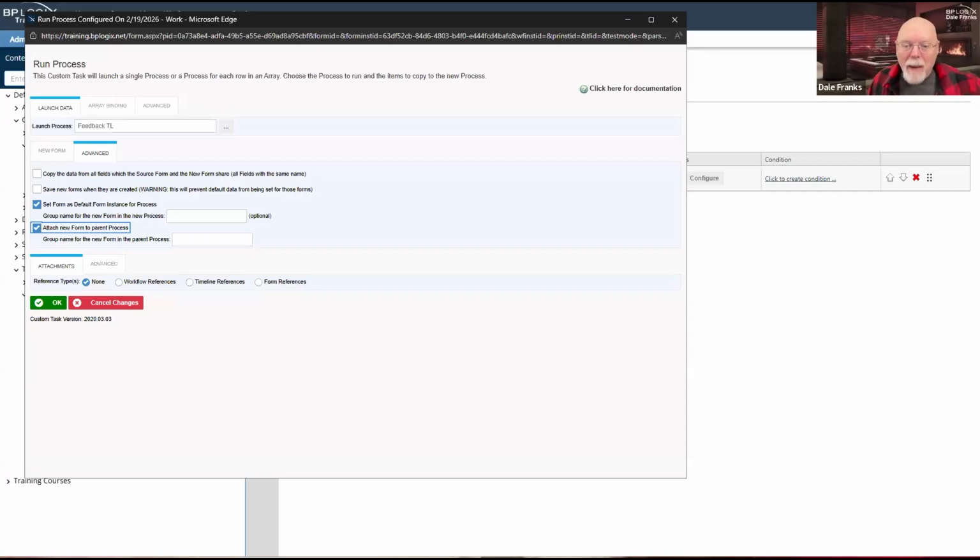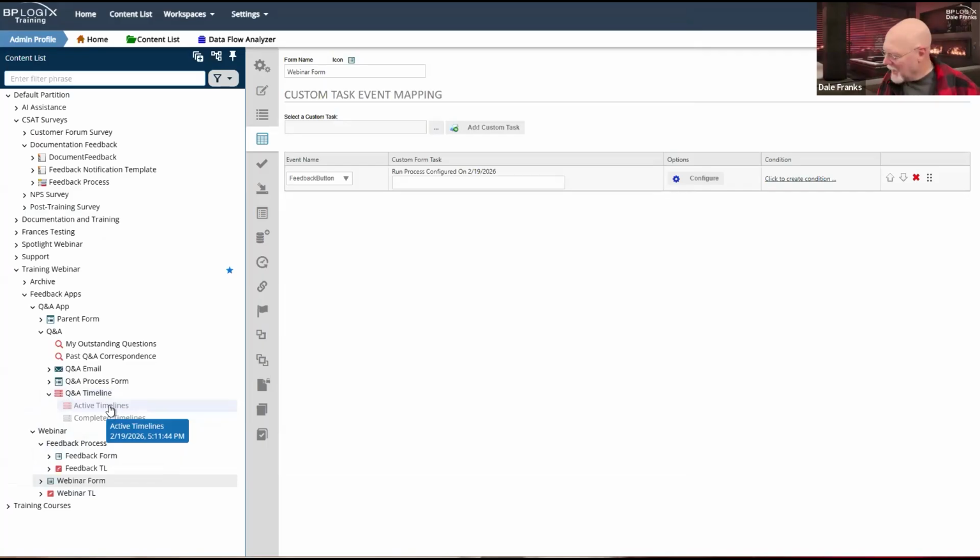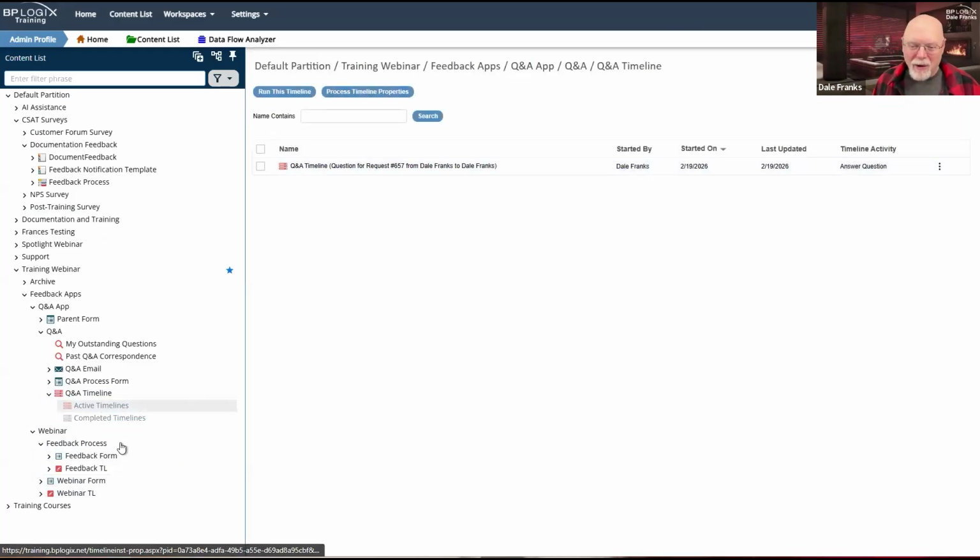That means if I am passing the forms back and forth, my feedback form gets attached to my parent timeline, and my parent form gets attached to the child timeline. Then what happens? Let's go ahead and look at this Q&A process timeline as we careen back and forth around through what's going on here.